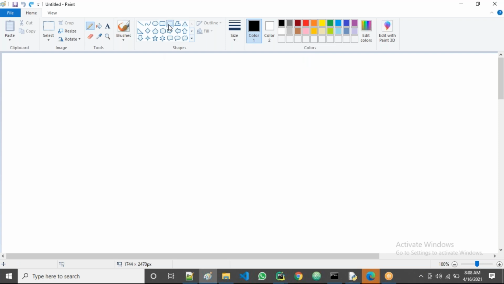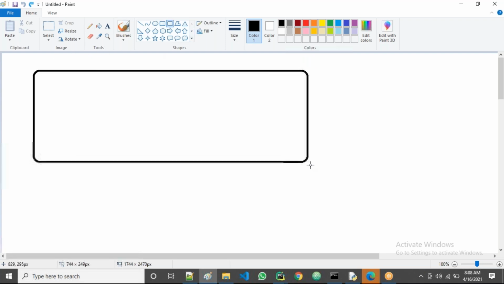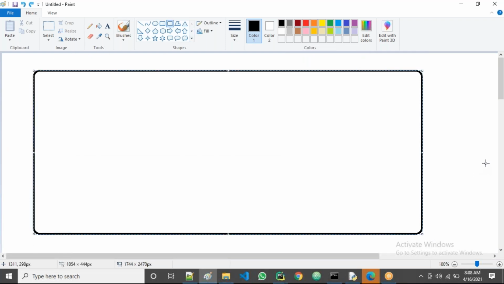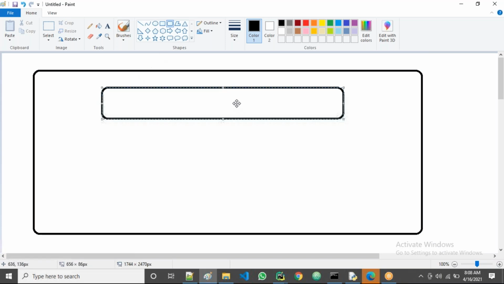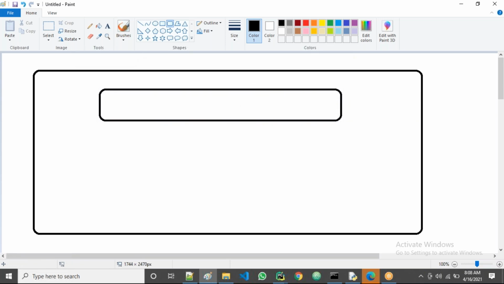Suppose this is the browser. On this browser, I want to highlight this area to write titles like this. So this area is called the Jumbotron. This area we highlight to get more special attention.